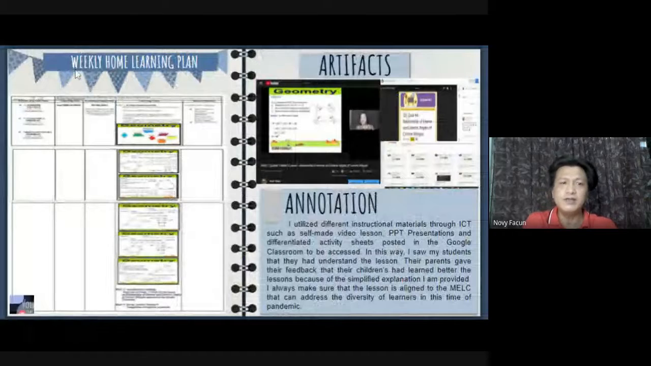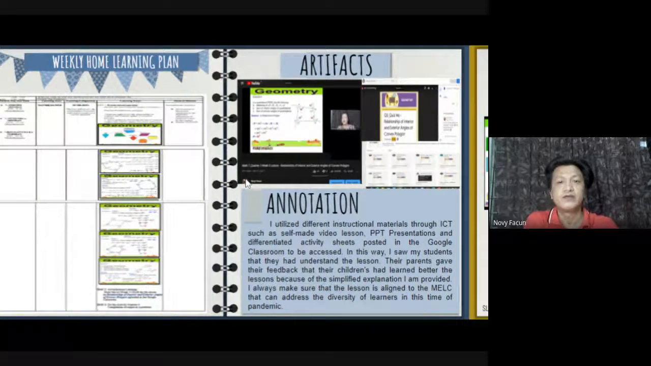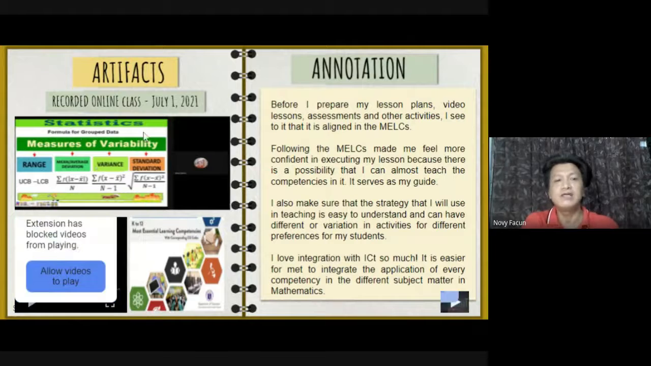Okay, so another is weekly home learning plan. So eto, ganun pa rin, no? Hinighlight ko yung aking different tools or learning materials, no? Yung aking self-made video lesson at saka yung kanilang learners output, no? Yun yung aking Google Form. I utilize different activities, no? Ayan, same lang din. Okay, so another artifacts is the recorded online class during